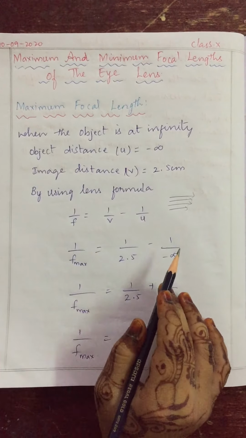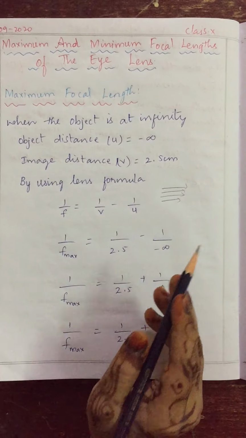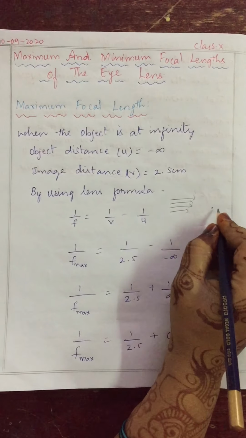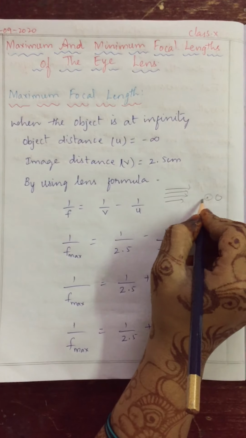So is there any limit to change the focal length of the eye lens, or what are the maximum or minimum focal length of the eye lens, you can say. That means we are telling the object is very far, the object is very near to the eye lens. So what is the way, how to keep it near, how to keep it a little bit far?